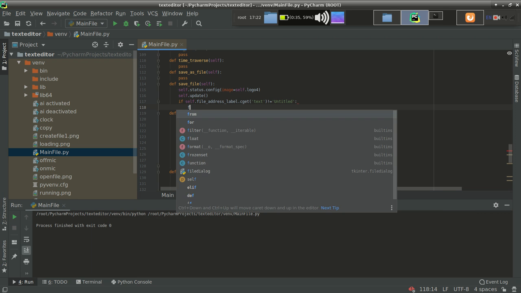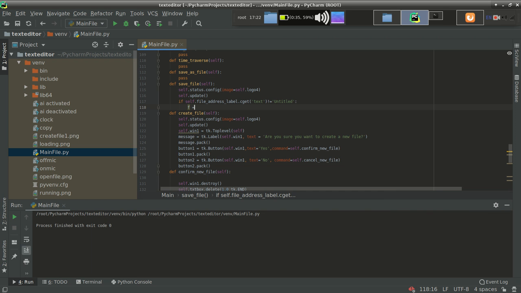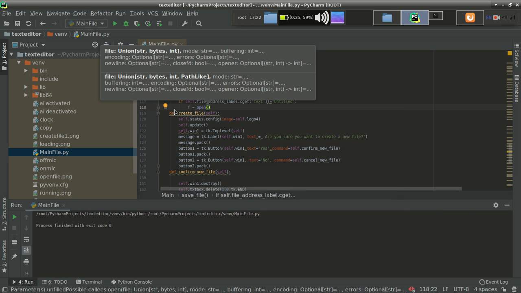For saving the file, I am opening a new file. f equal to open. The name of the file should be, I want to ask a question, how will I get the file name? If you remember, we made a variable named file name, but that was only accessible inside the open function.